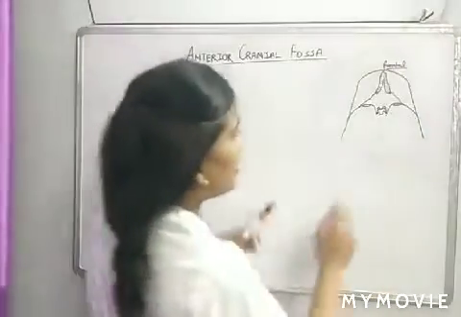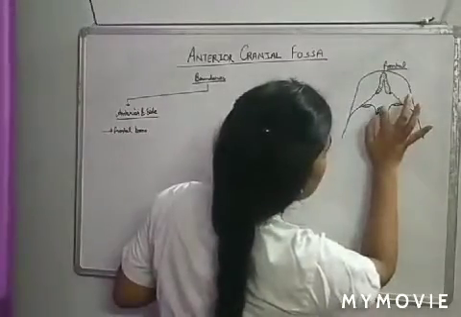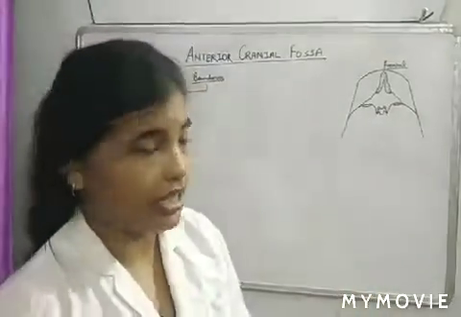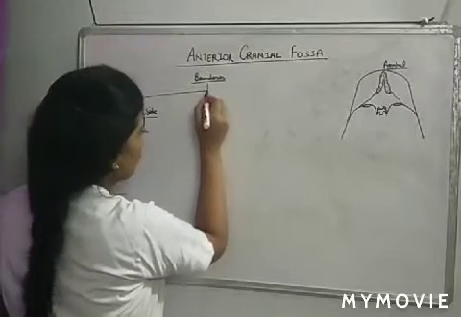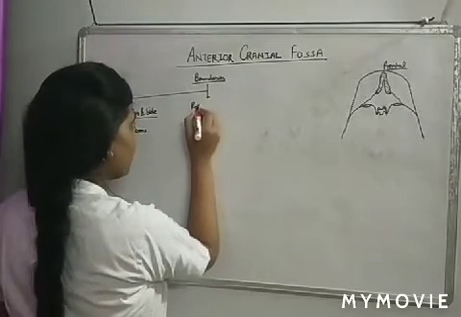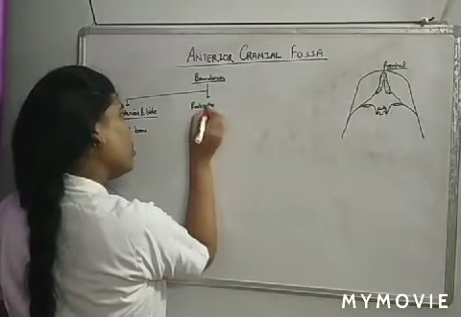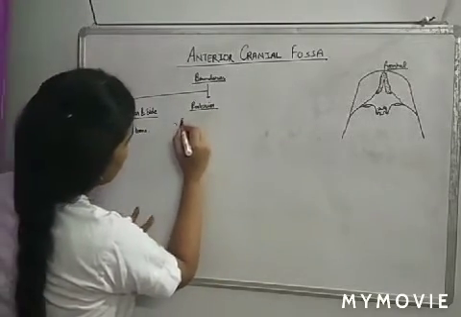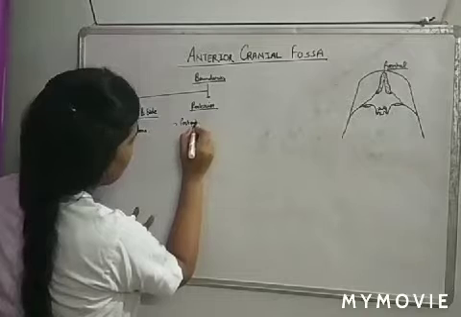This is the anterior margin of the sulcus chiasmaticus. Now, the posterior border of the lesser wing of the sphenoid,